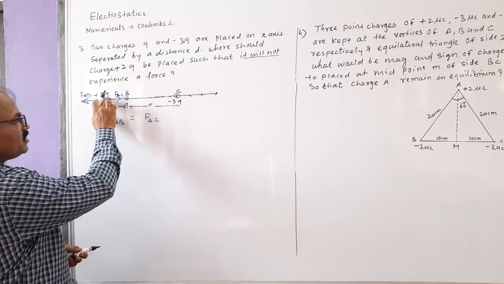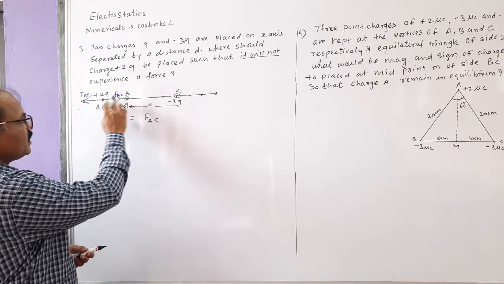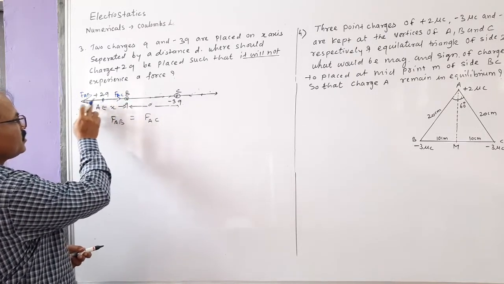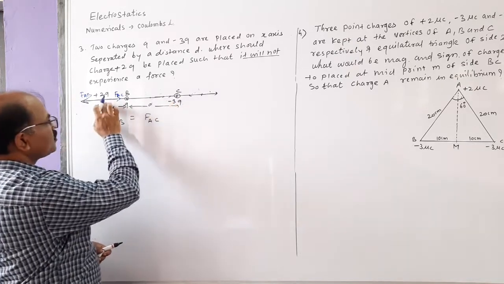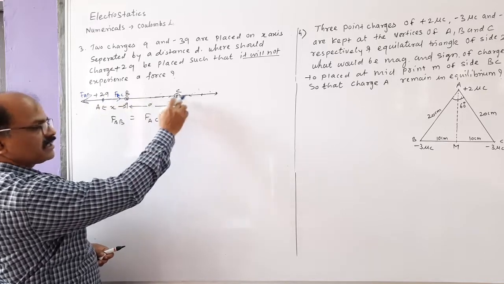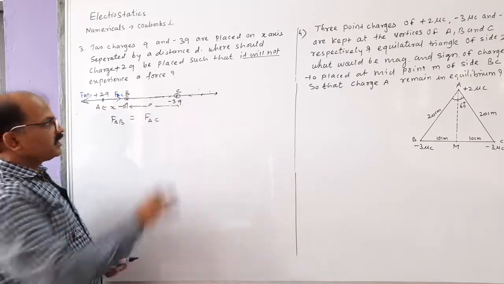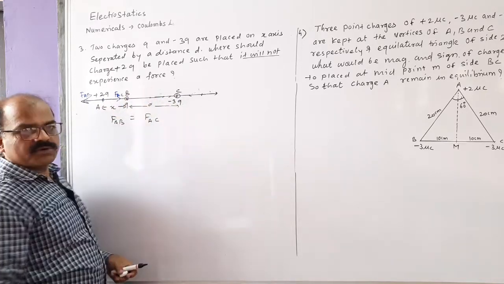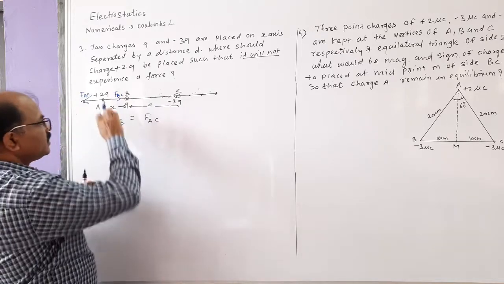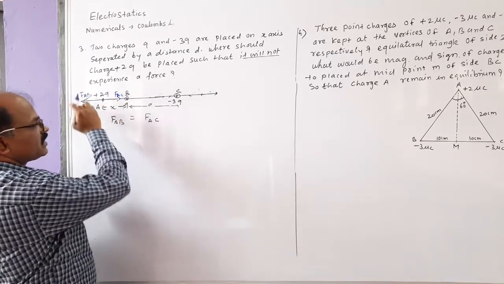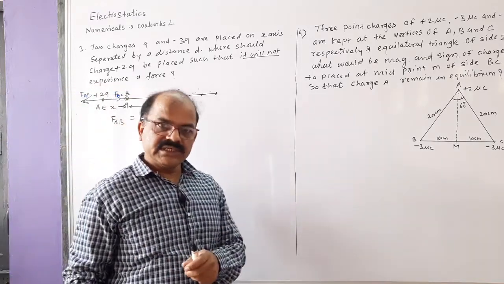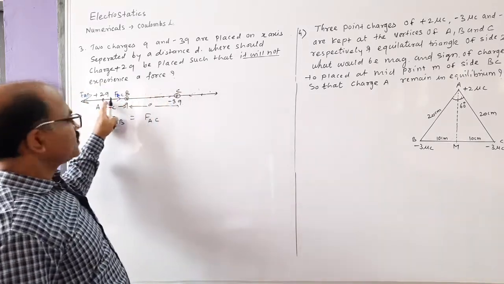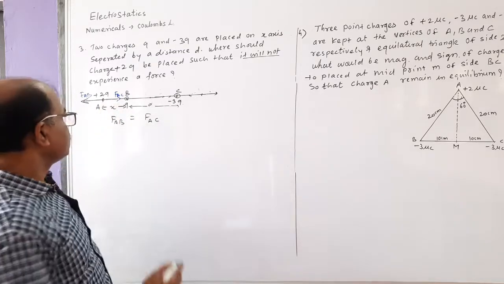ये 2q पॉजिटिव चार्ज है, ये पॉजिटिव चार्ज की वजह से इसके ऊपर फोर्स रहेगा, रिपल्शन, away from। और ये 3q निगेटिव चार्ज है, इसकी वजह से जो फोर्स रहेगा ये towards रहेगा, they will attract। ये दोनों चार्ज, पॉजिटिव निगेटिव, अट्रैक्ट होगा। सो एक फोर्स इधर लगेगा, दूसरा फोर्स इधर लगेगा, अगर उसका मैग्नीट्यूड इक्वल है and opposite direction, then it will not experience the force. This is the condition.